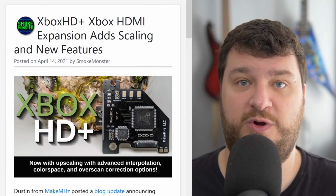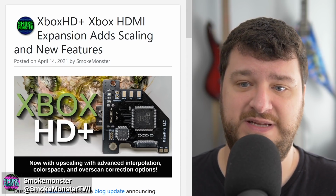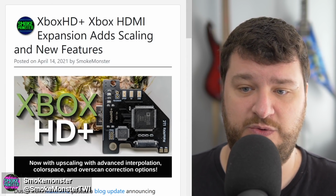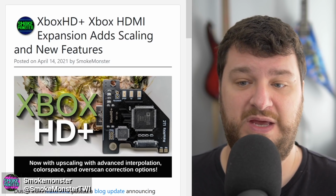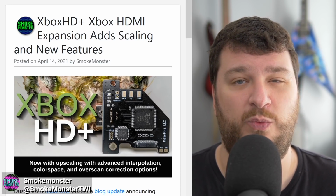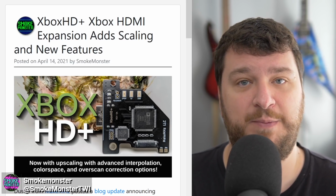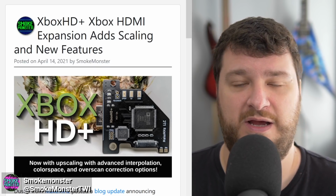Some very cool news regarding the Xbox HDMI project. A couple of things. First, it's now officially called the Xbox HD Plus. So you'll hear references to that, and you'll see them in Smoke's post. And it's essentially the same hardware. There is actually a newer version with the Xbox HD Plus branding on it, but the only changes are really for installation and manufacturing,